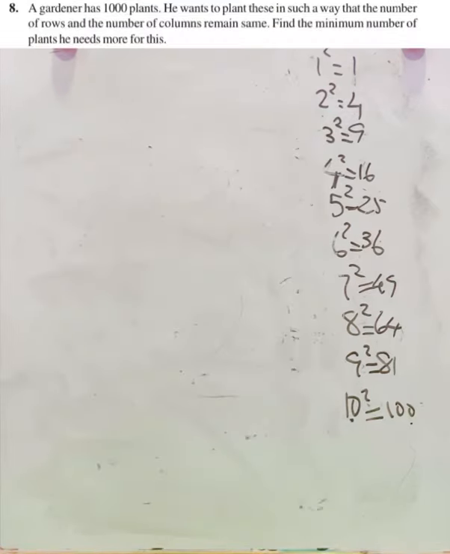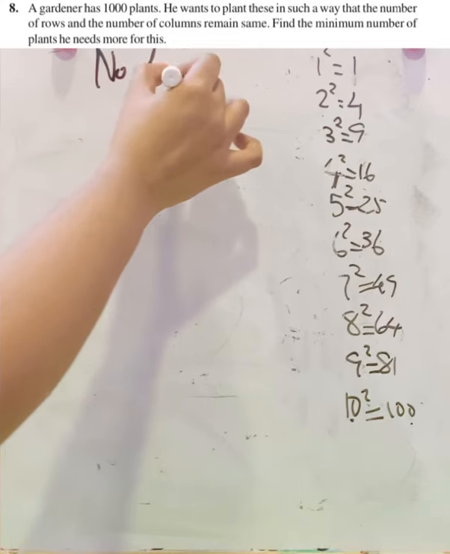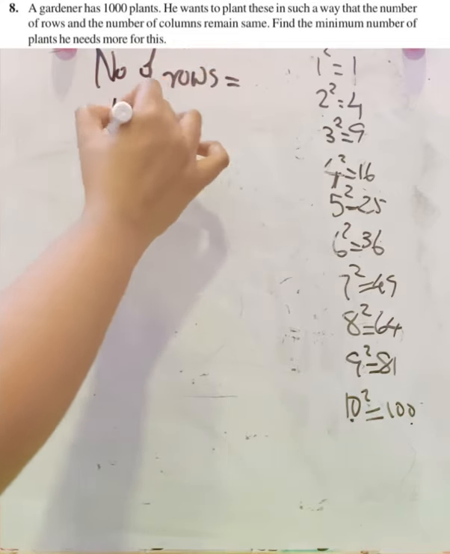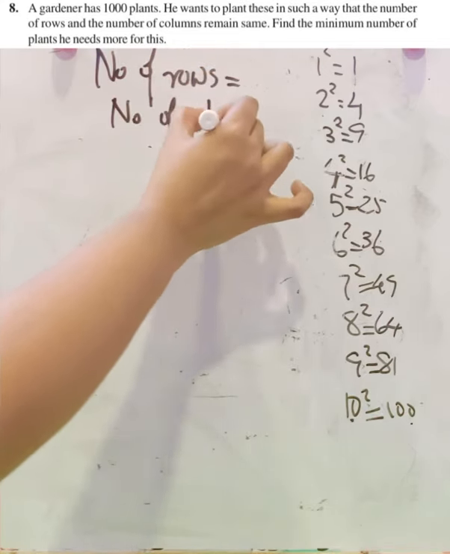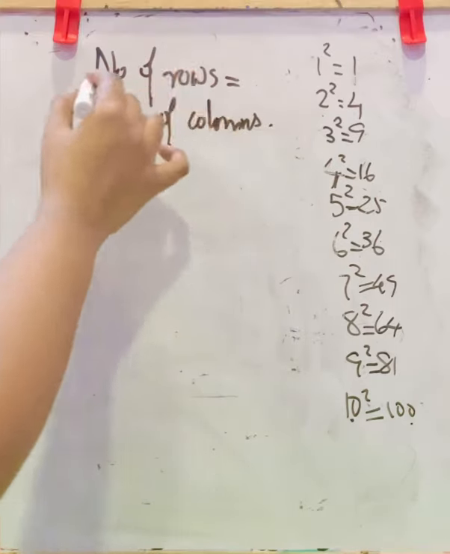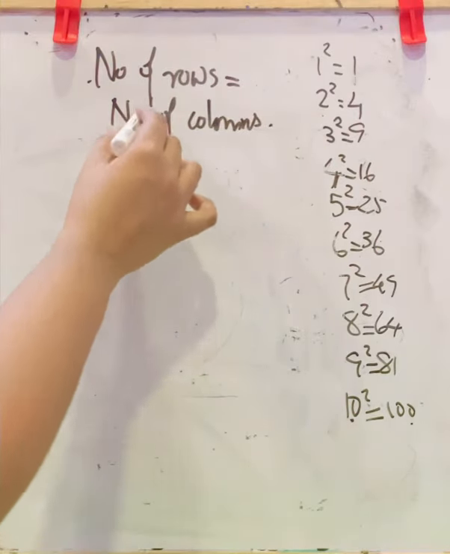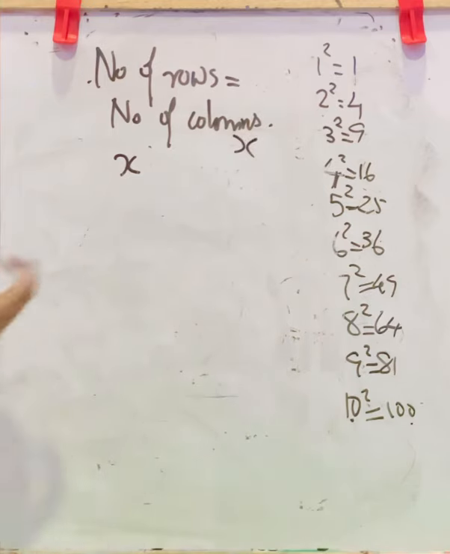Next question. A gardener has 1000 plants. He wants to plant these in such a way that the number of rows and number of columns remain the same. Find the minimum number of plants he needs more for this. That is, what number should be added to it. It is given number of rows equal to number of columns. Let number of rows be x. Then number of columns will also be x. It is given total plants